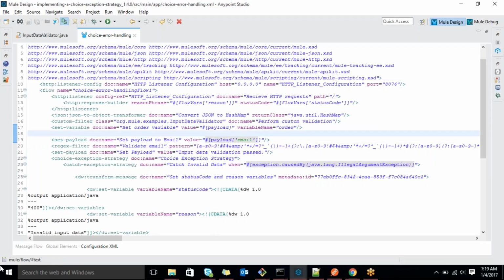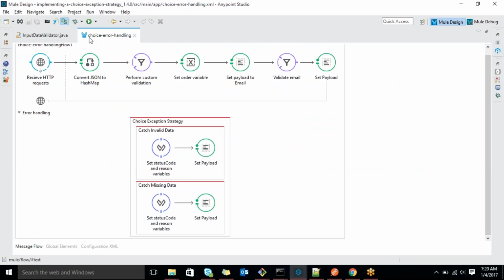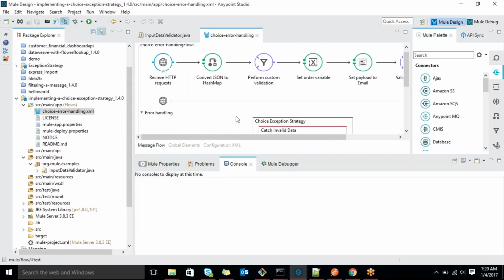You are clear? So that's the thing. Either way you can see it either in XML view or in design view. So here there are three tabs. One is the message flow, which we can see in design view. So the next one is,